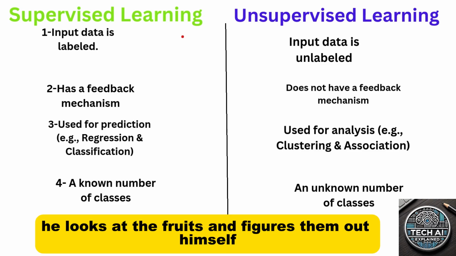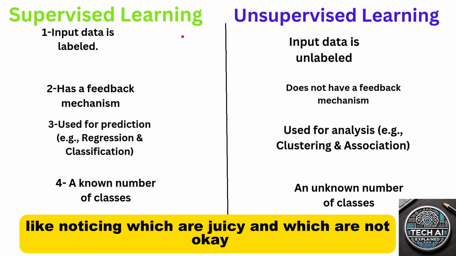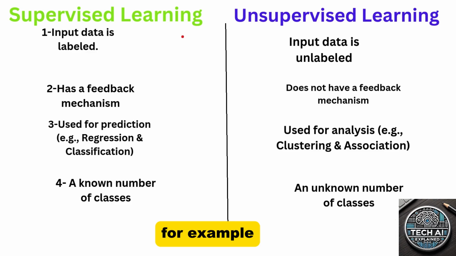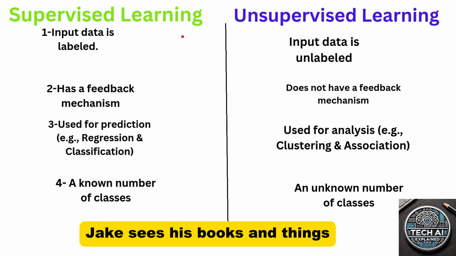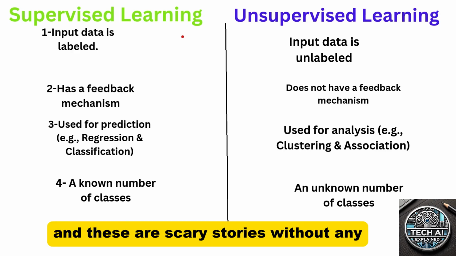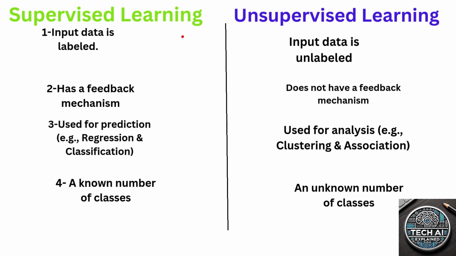He looks at the fruits and figures them out himself, like noticing which are juicy and which are not. For example, Jack sees his books and thinks these are fun stories and these are scary stories without anyone